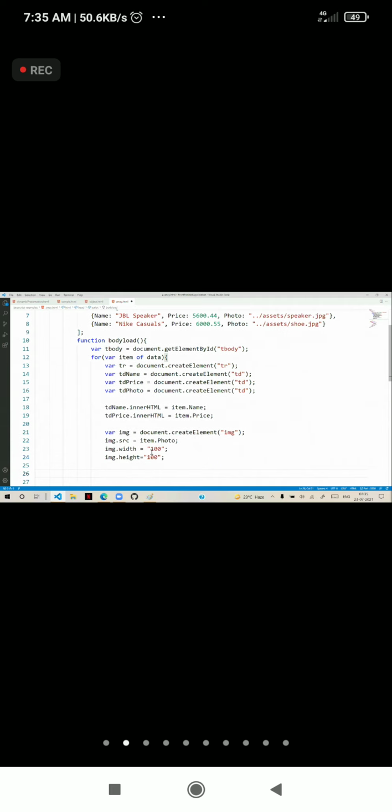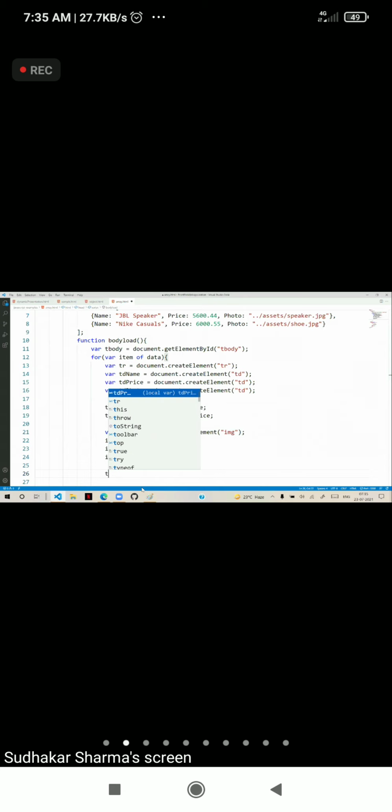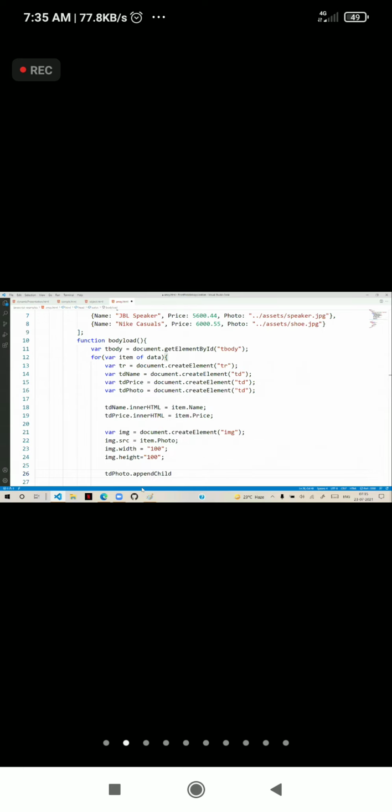Now the image is ready. This image must be loaded into this last cell. So that means tdPhoto.appendChild(img). Into that cell we need to add this image. Now all 3 cells are ready. First cell contains name, second cell contains price, third cell contains photo.